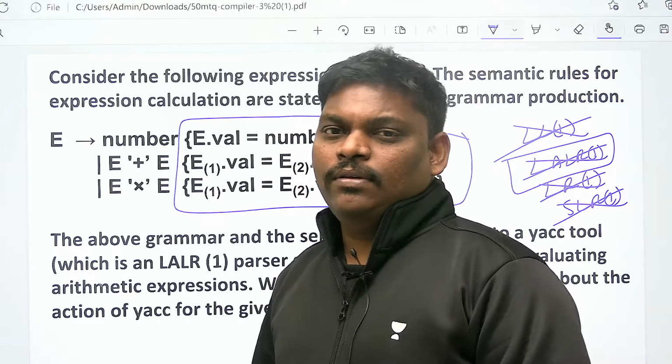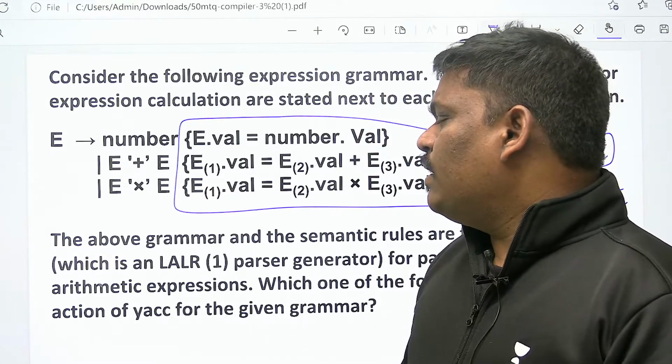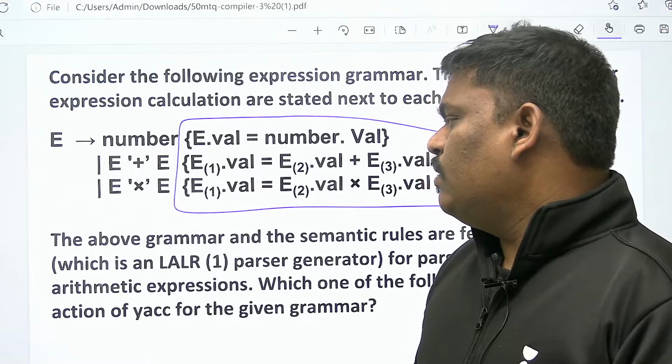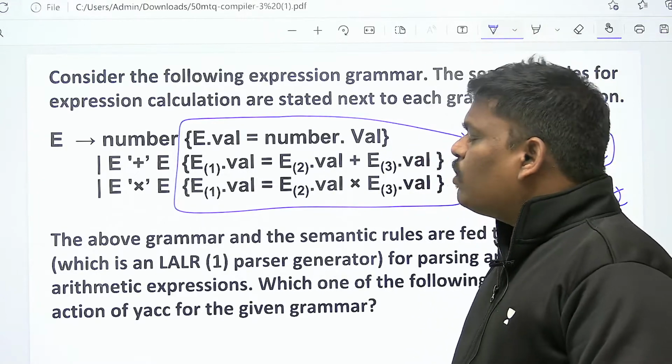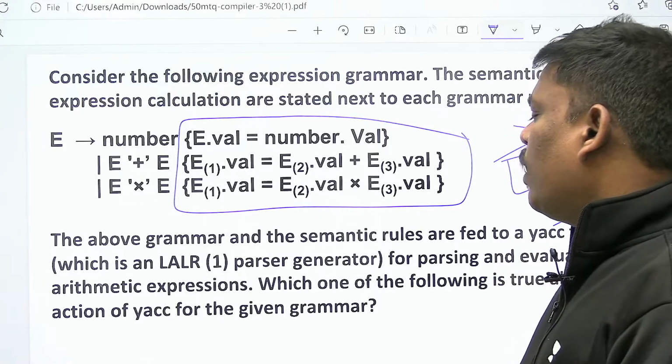You should know this. If you do it the normal way, with an ambiguous grammar, if you try an LALR1 parsing table, guaranteed you will get a conflict. But if you give this grammar to the ACT tool to create the LALR1 parsing table, what the ACT tool will